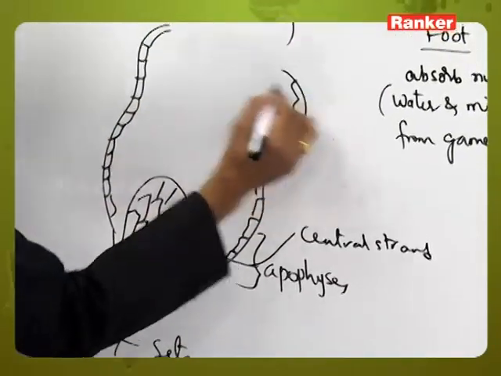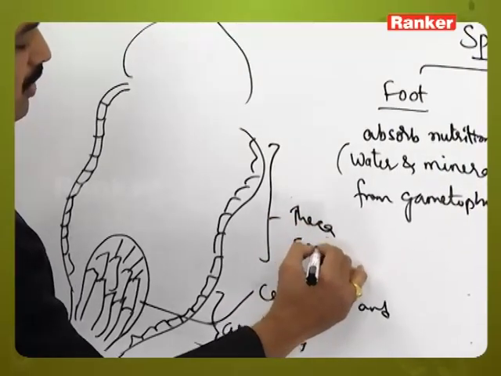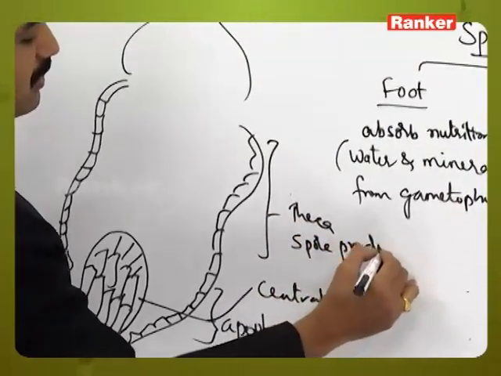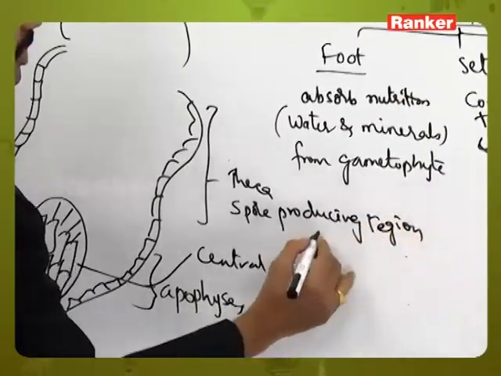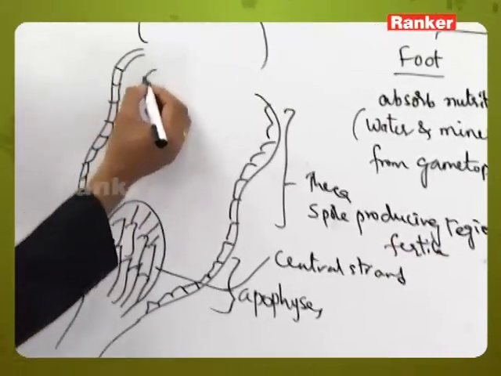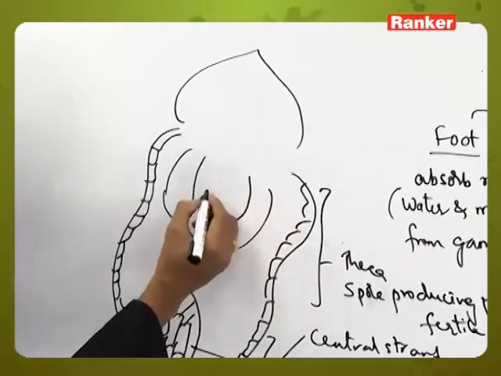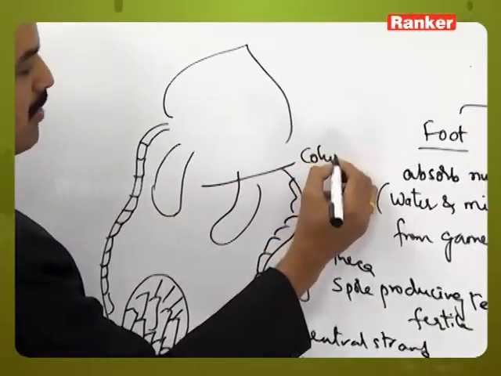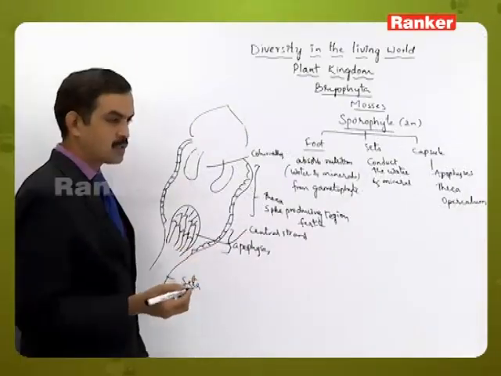The middle part is called the theca, which is actually the spore-producing region. That means it is considered to be the fertile portion, and here the columella is present along with the spore sacs. These are spore sacs, and the central part is called the columella, and the spore sacs contain the sporogenous